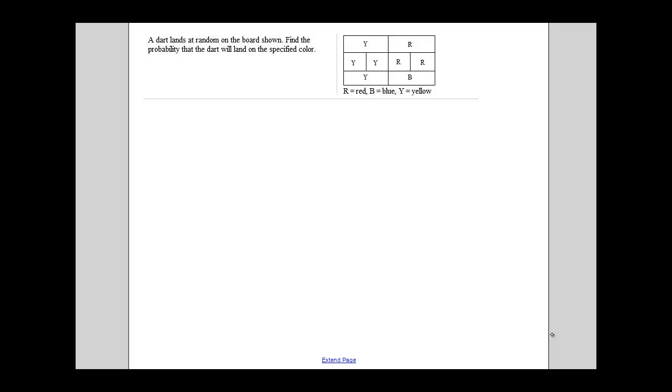For this problem, we have that a dart lands at random on the board shown. Find the probability the dart will land on a specified color. And we're first going to find the probability that it would land on a red square. Now the way that these are divided up, they're not equally likely to be chosen. So we want to look at these in equal parts. So as you're looking at rectangles and squares, they would need to have the same area,